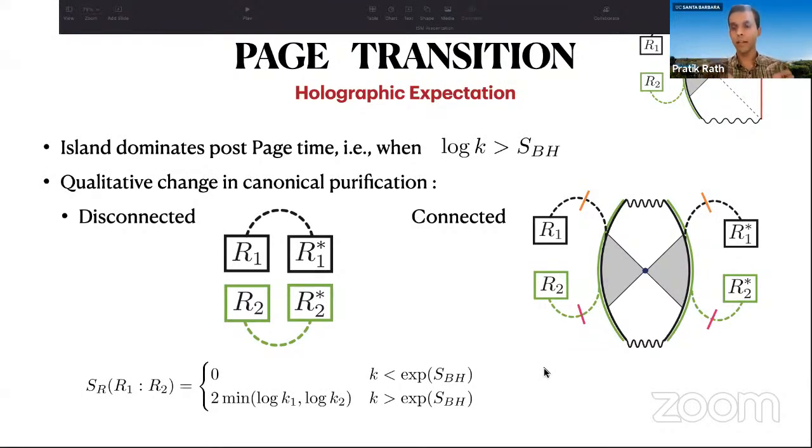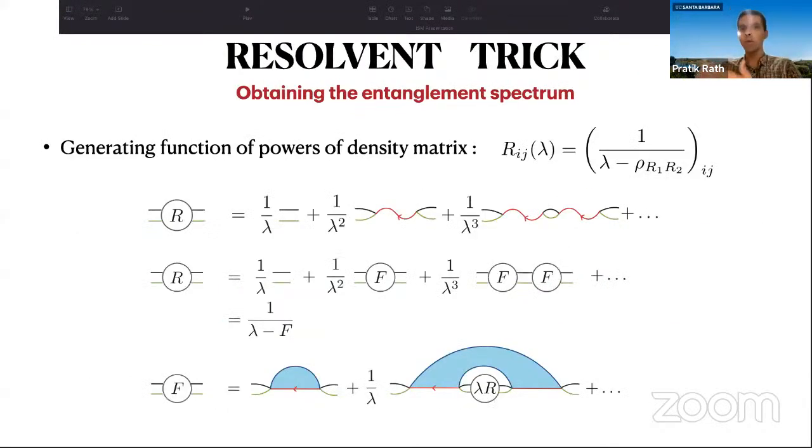And we wanted to analyze this in a little more detail by understanding whether this is really the correct answer. The way we do this is by doing a more refined sort of replica trick, which is called the resolvent trick that was introduced in this paper by Pennington, Shenker, Stanford, and Yang. So we consider the resolvent, which is this function that can be thought of as the generating function of powers of the density matrix. And the powers of the density matrix can be written down as boundary conditions with integer number of boundaries. And then the rules of the path integral tell you to fill these in with some geometries that are consistent